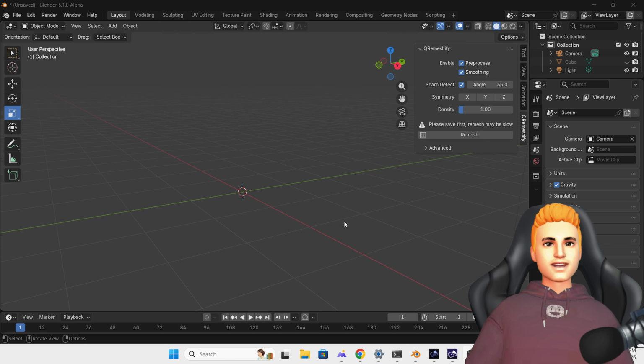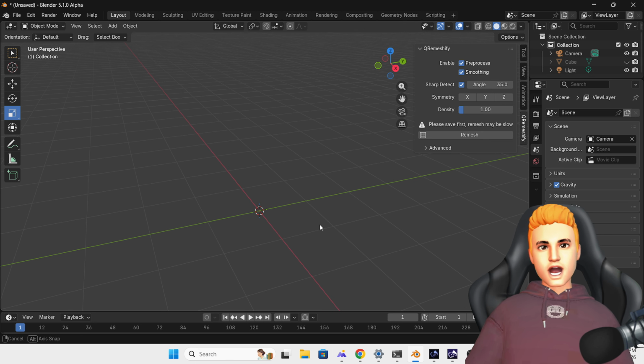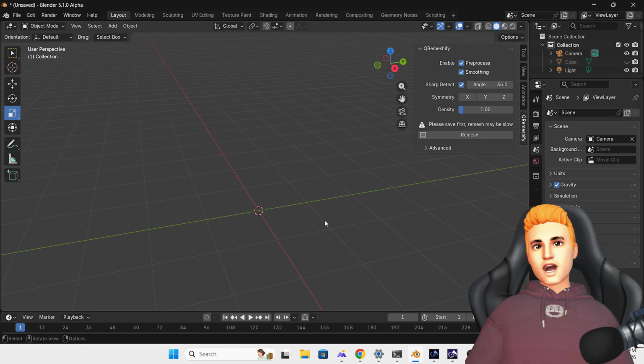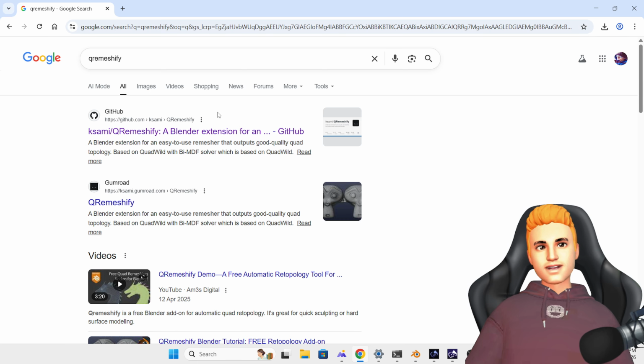Hello friends, Maddie here, and today I am going to tell you about one add-on in Blender, a very beautiful and very helpful add-on. To add that add-on, open your browser, type